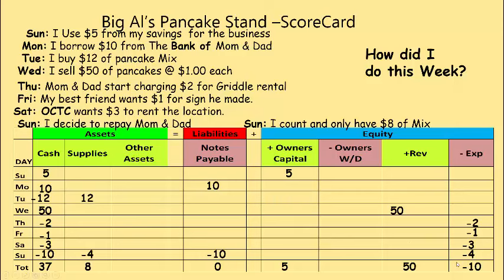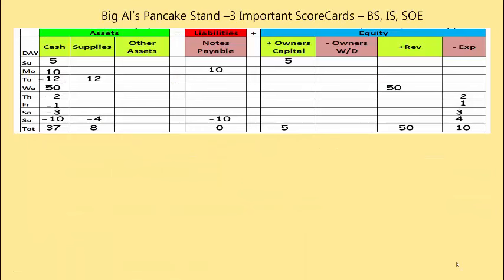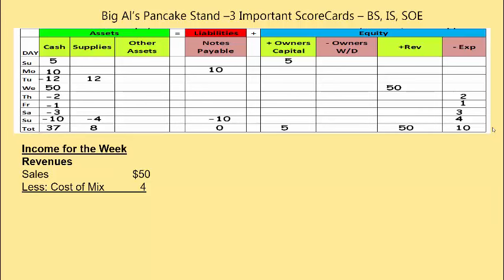Now that answers all the things that I asked you to answer on this little sheet here. And now let's do a little bit more in-depth analysis of this. So there's the things that happened for the whole week on this grid. And now we're going to do an income statement. So the income statement would be revenues of $50 minus the cost of the mix, which is $4, and that